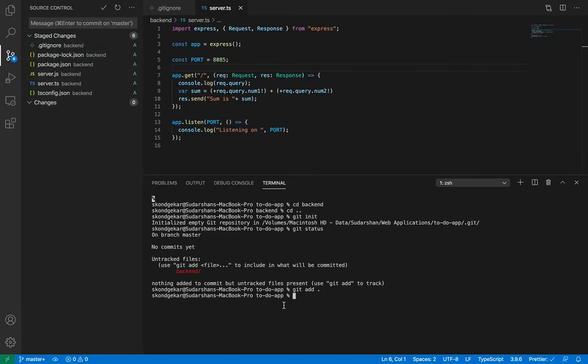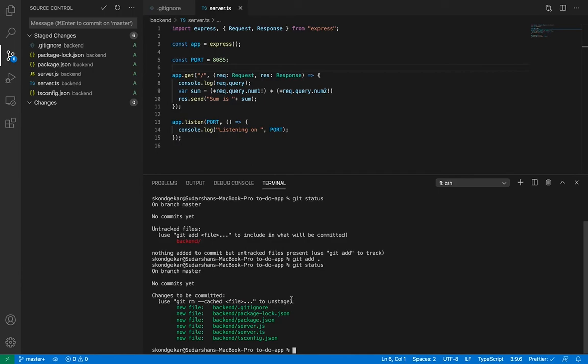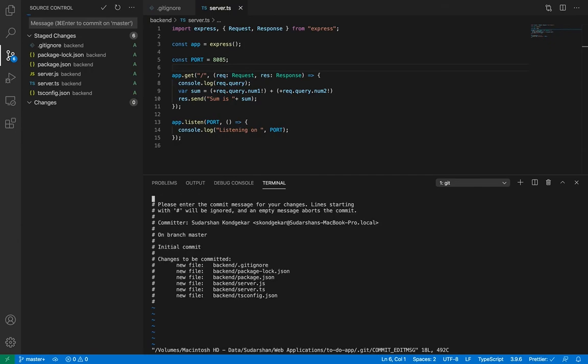If I run git status, I can see that these are my 6 files which I have created, and from here I can write git commit and enter. It will open up an editor like this, which is quite complicated for beginners.